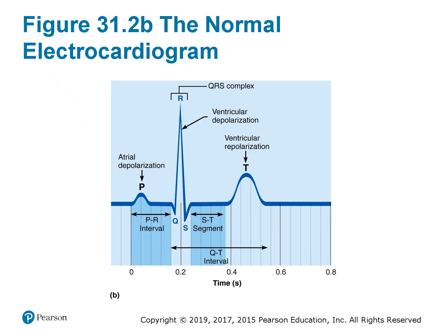Alterations in ECG intervals reveal important clinical conditions. A prolonged PR interval indicates delayed conduction through the AV node, often classified as a first-degree heart block. As the block worsens, second and third-degree heart blocks can occur, where atrial and ventricular contractions become dissociated. A shortened PR interval may suggest an abnormal conduction pathway, such as in pre-excitation syndromes. The QT interval represents the duration of ventricular action potentials, its prolongation can predispose the heart to life-threatening arrhythmias. These measurements are more than just lines on paper, they reflect the heart's electrical integrity and the timing of its